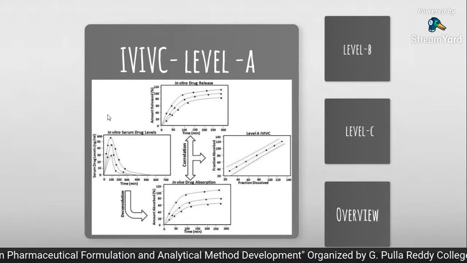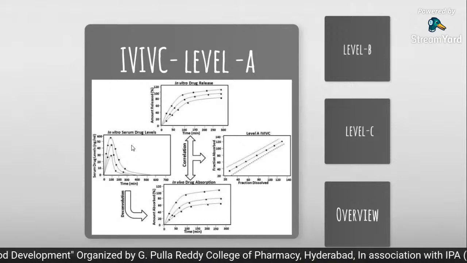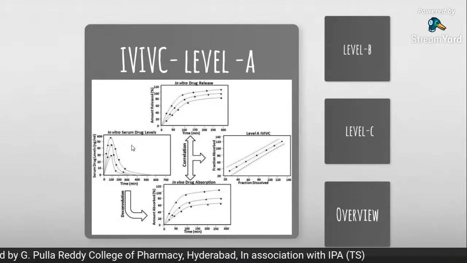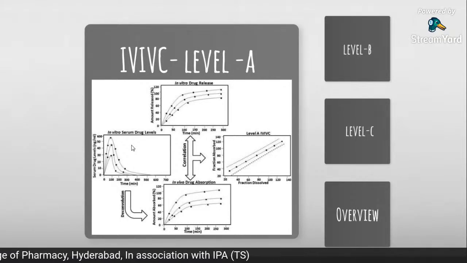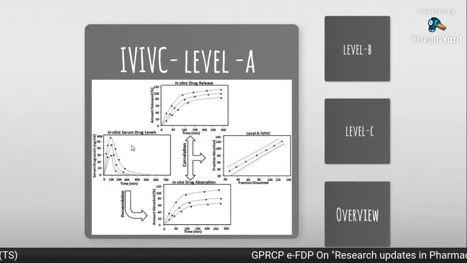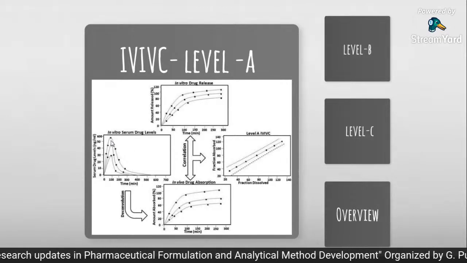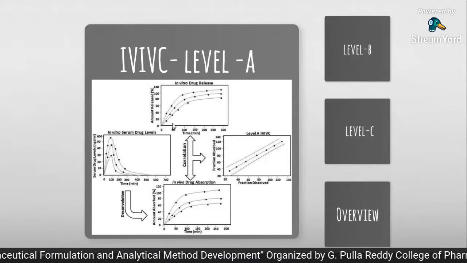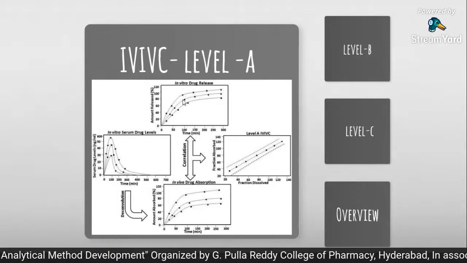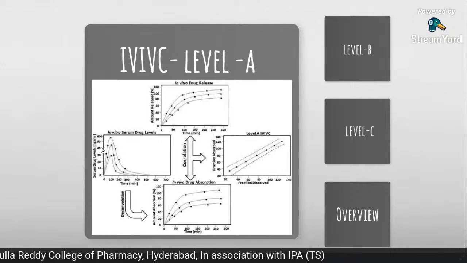Then from the literature, you can collect the information on plasma concentration versus time or serum concentration versus time. This will be available in the innovator formulation details, the plasma concentration at different time points versus time. Or else, if we conduct at least one bioequivalence testing at pilot level, that information can be utilized. Similarly, percentage of drug release versus time as in vitro, and in vivo blood concentration versus time as another graph.